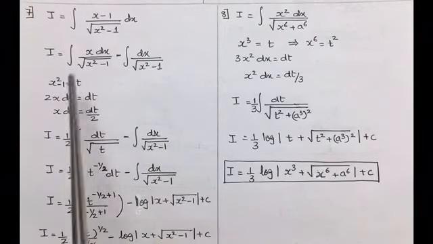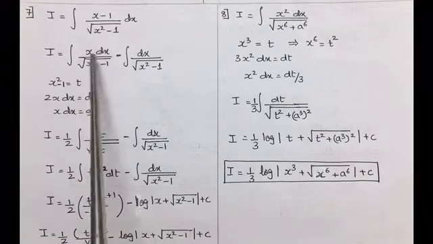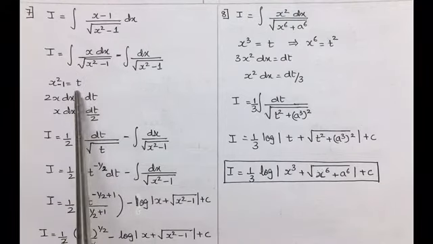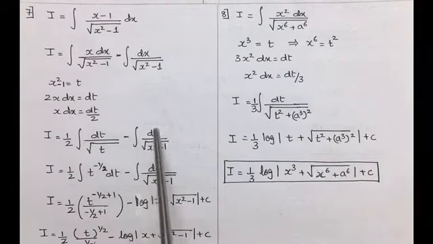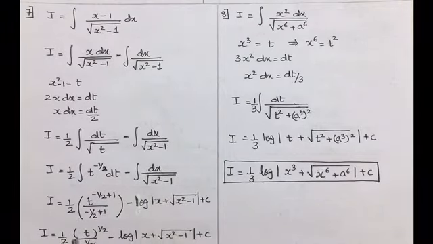Now putting the t forms in the first part of the integration, x dx is dt upon 2 root of t, minus integration dx upon root of x square minus 1. This integration is carried forward as it is. Now it makes I is equal to 1 upon 2. To integrate 1 upon root t, we have to take it t raised to minus half dt, and this integration remains as it is.